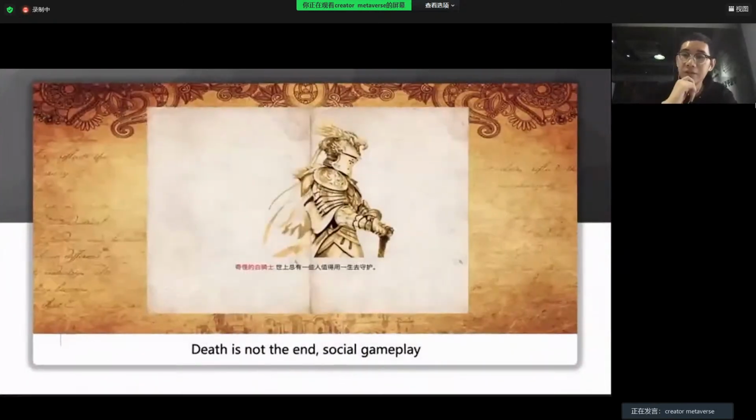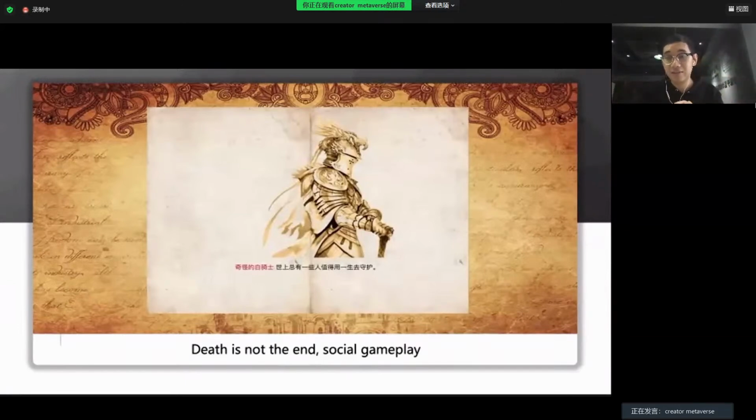Okay, the interesting part is, in the end, the destiny is not the end. I also tried to design a social gameplay after that. I got this kind of innovation from blockchain, actually. For each blockchain, you will have blocks iteratively added at the end, and each block is linked together.